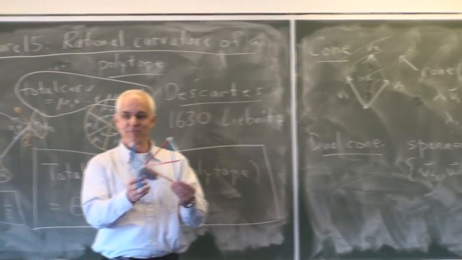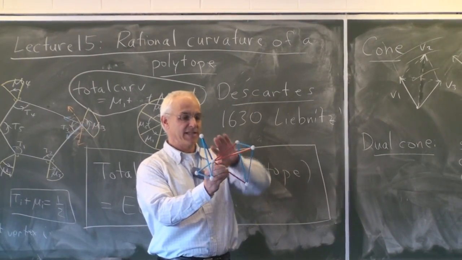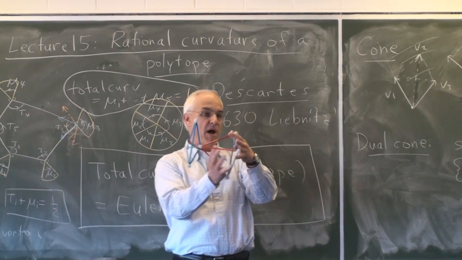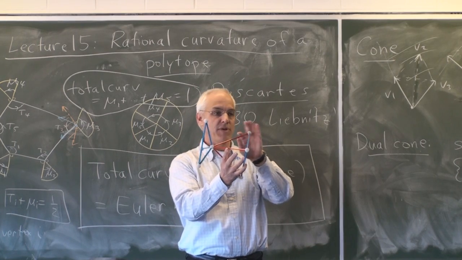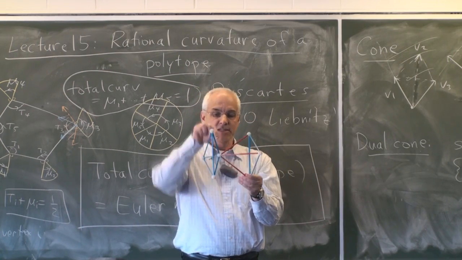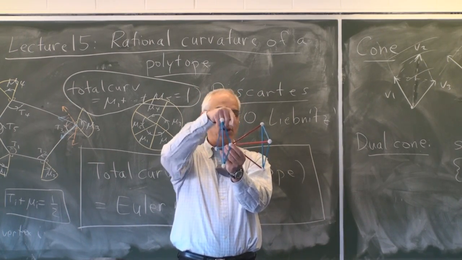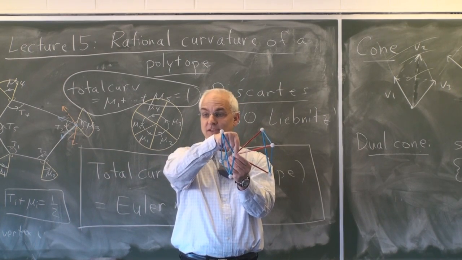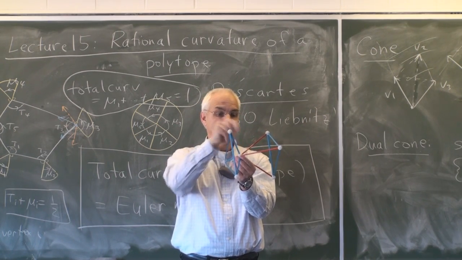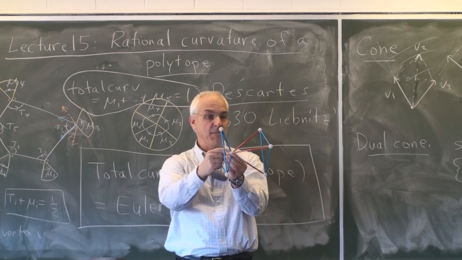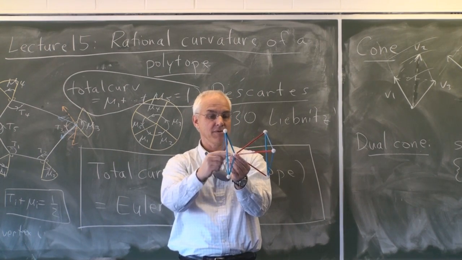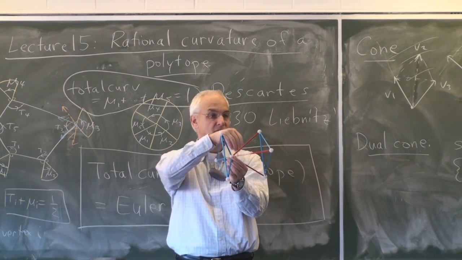Let's come back to our situation that we're trying to understand. Let's say this thing here happens to be the polytope that we're interested in, this one here. And this is the vertex that we're looking at. We're interested in what's the curvature of this polytope at this vertex. That's what we're trying to figure out. Okay, so what we've done now is I've established the opposite cone. So these guys are perpendicular to the faces.